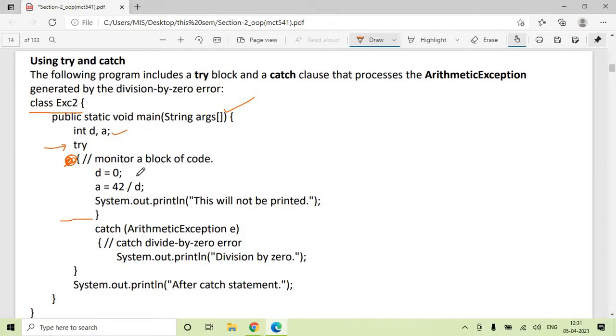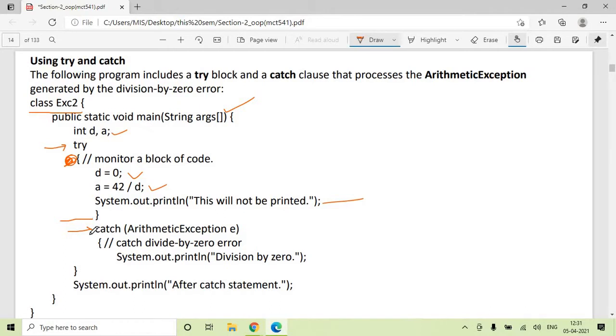Inside try we have written d is equal to 0 and a is equal to 42 by d. Then you have written one System.out.println, whose message will not be printed. This is how your small try block looks. Now immediately after the try block you have written a catch block.